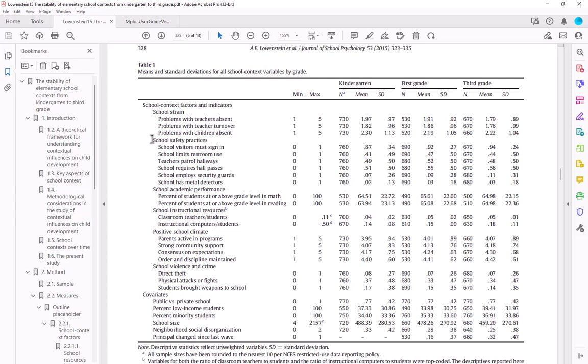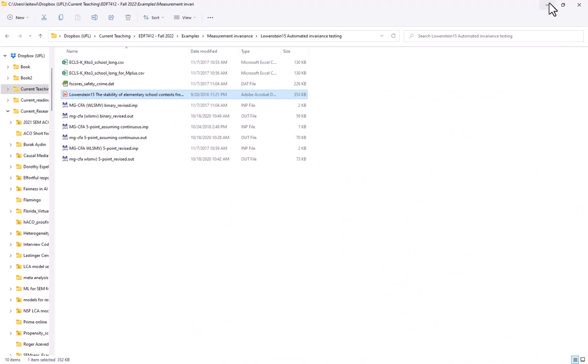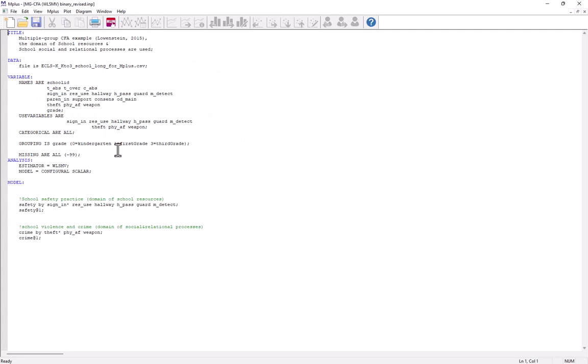First, I will do a confirmatory factor analysis and measurement invariance testing for school safety practices and school violence and crime, because those are binary measures. I could do all of these at once. There are categorical measures here, but to simplify the example, I'll first do measurement invariance testing just for the binary measures. So I have here the Mplus code for the binary measures,